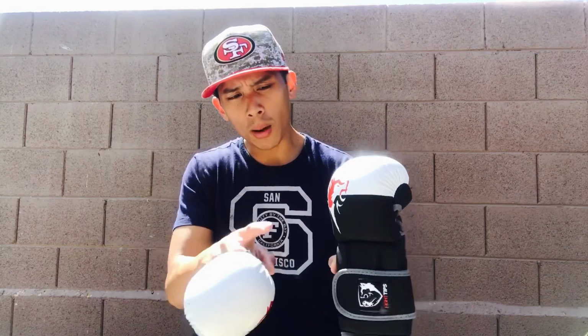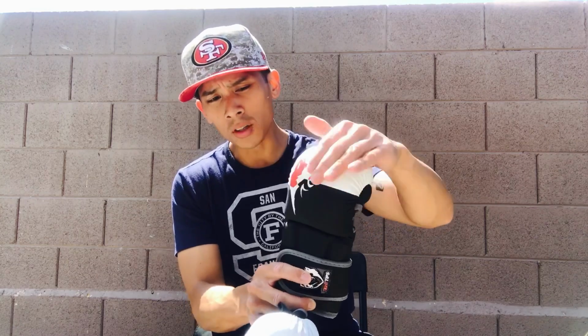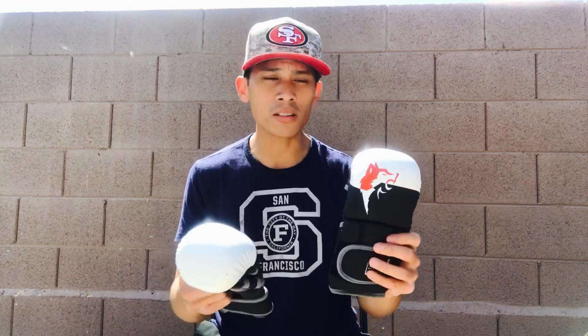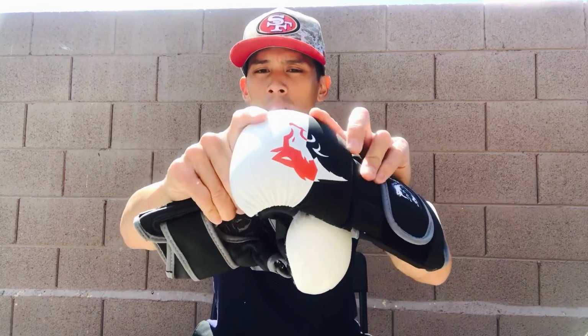And then the upper part right here, where the knuckle or the actual impact part of the glove is, it has kind of a dipped rubberized material. If you guys have seen more of my recent videos I did on those newer style Venom Pro boxing gloves, this almost looks identical as far as just the kind of leather, as well as this layer that